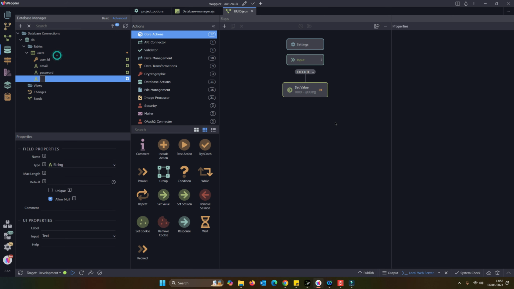And then lastly, I'm going to create a role field. So role, string, we'll make that say a maximum of 1 character, because we're going to just store a single character. We're going to give it a default value of u for user, and we're not going to allow nulls in there at all. So there's our table that we've defined within our development context, because we always work in development and then replicate to production.